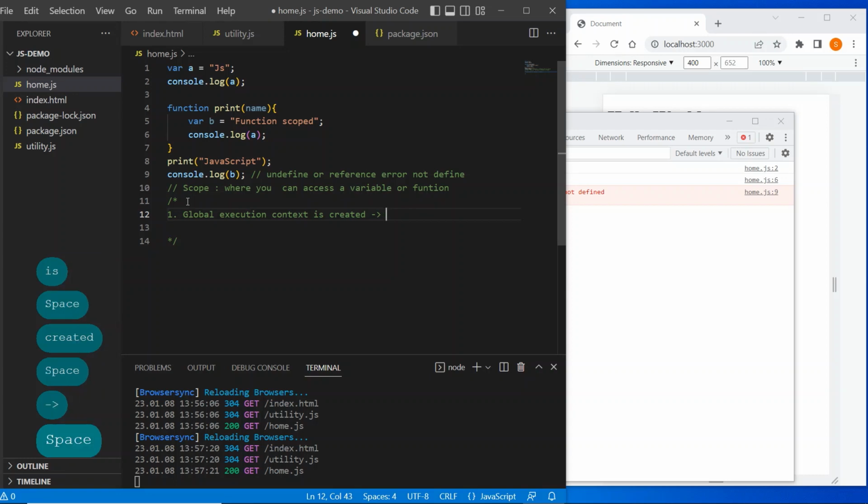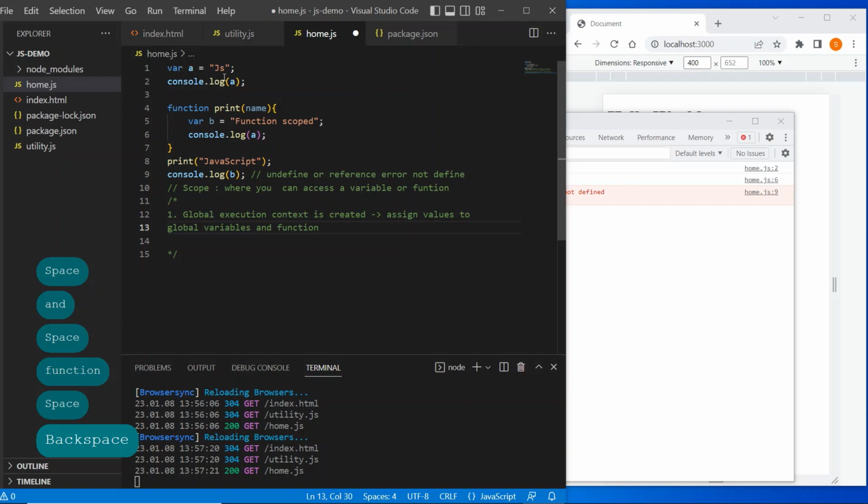It assigns values to global variables and functions.